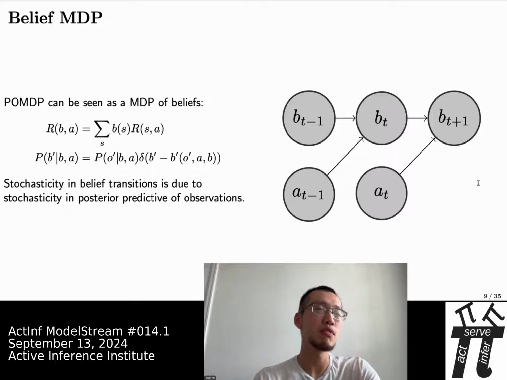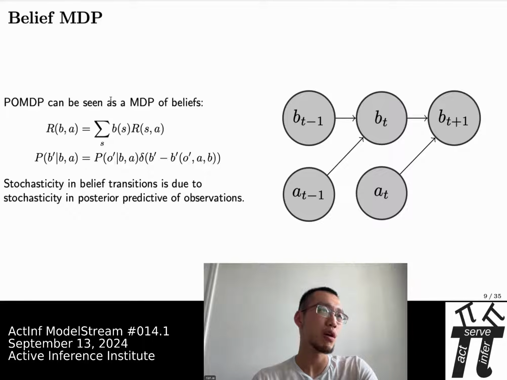So this belief state view of POMDPs is very interesting because it says that for any given POMDP, you have an equivalent MDP that's defined on the space of beliefs, equivalent in the sense that it would yield the same optimal policy for the belief MDP and the POMDP. And then this belief MDP would have its corresponding belief action reward and belief transition dynamics. So the belief action reward is defined simply as the weighted average of the state action reward by the beliefs.